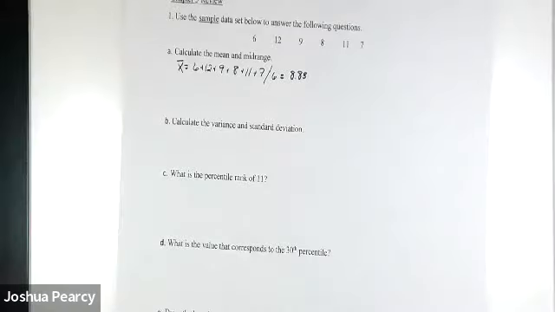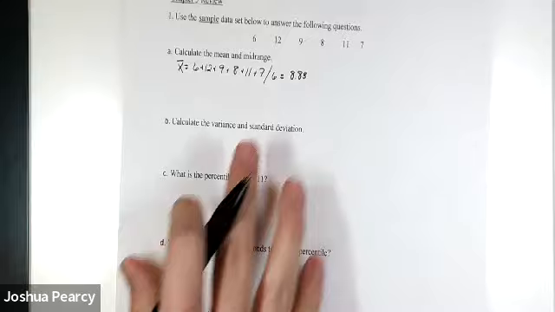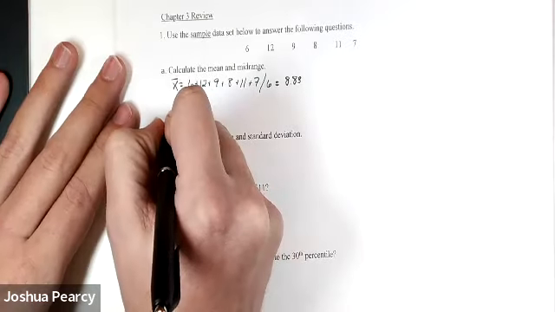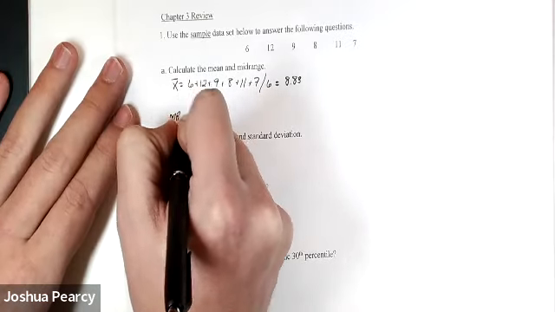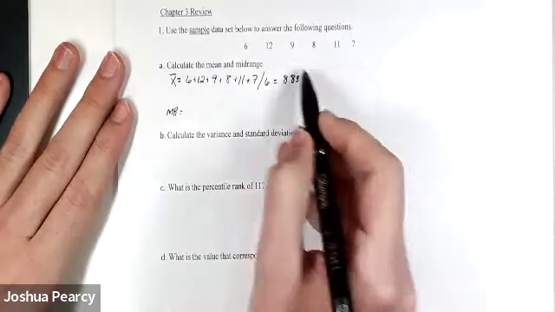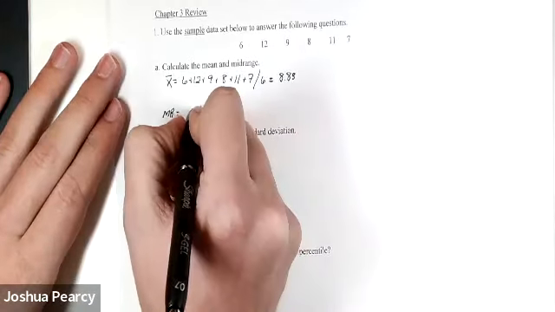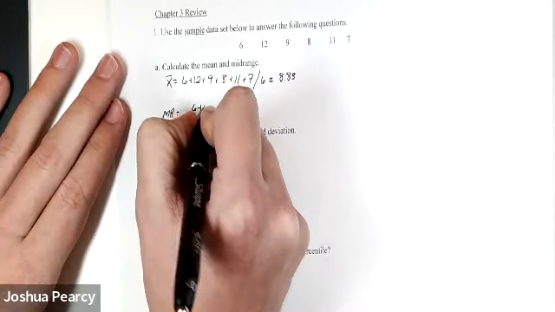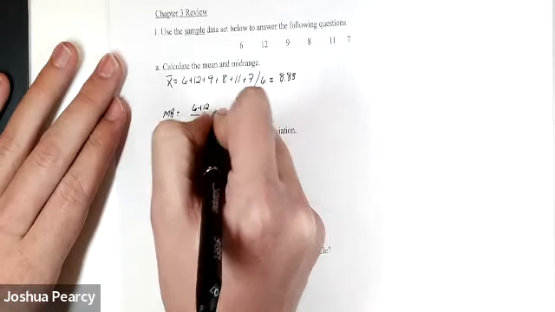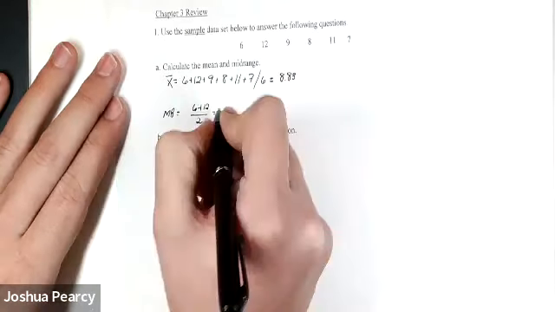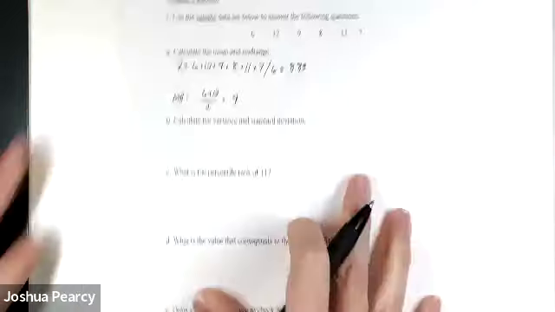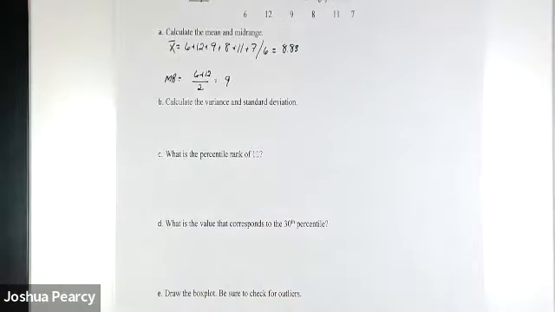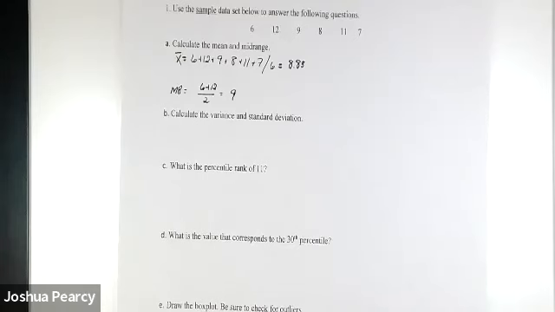So what about the mid-range? How do you find that? Yeah, add the min and the max, divide by 2. The minimum value is 6, the max is 12. So 6 plus 12 over 2, that's 18 over 2, or 9. Some people miss this second part, so you could literally plug it in your calculator to do it. I can't remember if I did that or if I did it by hand, but